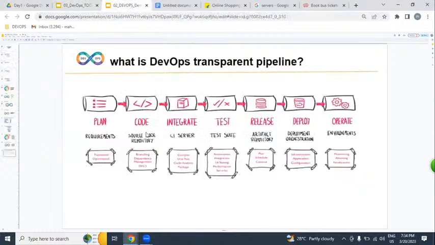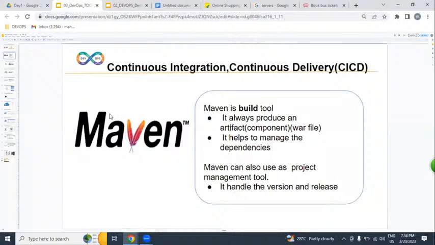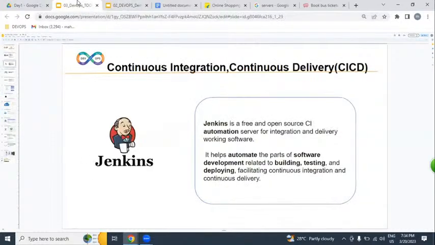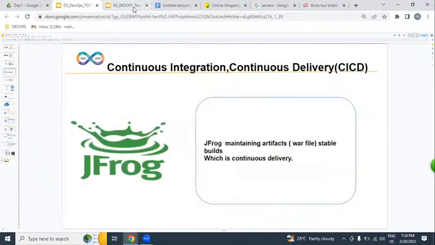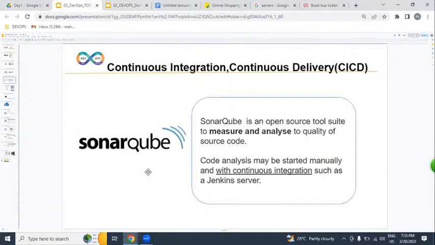After maintaining the lines of code, we have to execute and build. We have to execute the build automatically with the help of Maven. And all the developers' source code, we are going to be integrating continuously and automatically with the help of Jenkins. Jenkins is an automation tool to integrate the entire CI/CD process. And JFrog is nothing but what? Delivery, release. Continuously delivering our application into release. Where exactly? JFrog.